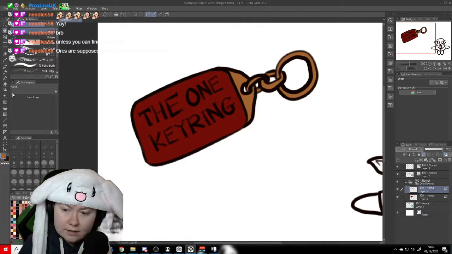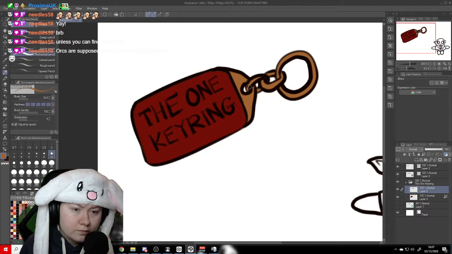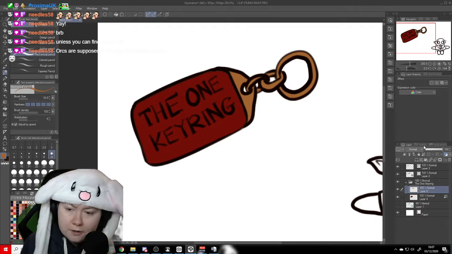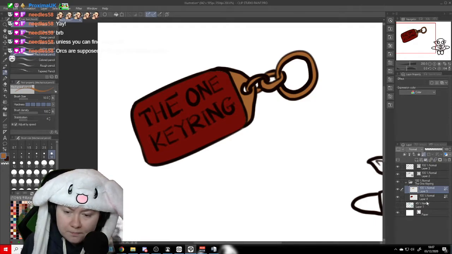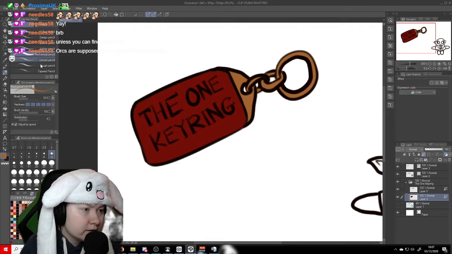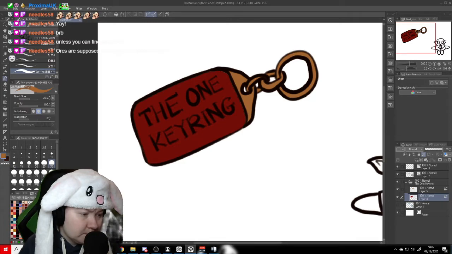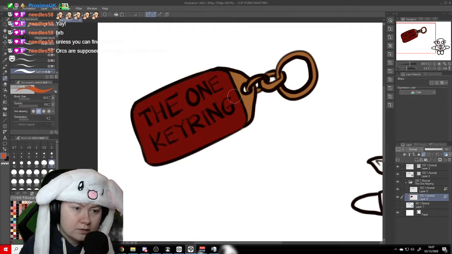So let me just unlock that a second, because I need to tidy up some of this real quick. And lock that again. So, back to doing our lava-y effect. So now I will go to the brush tool and back to the base one from before, and let us kind of